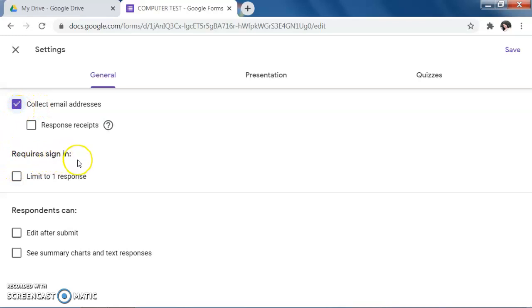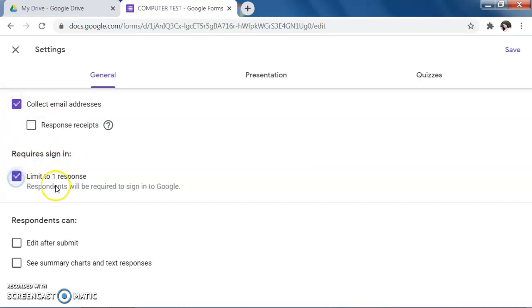Here, Require sign in, Limit to one response. If you click over here, then one student can respond only once. So one student can respond to this form just one time.